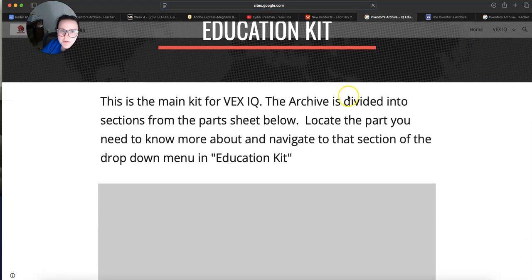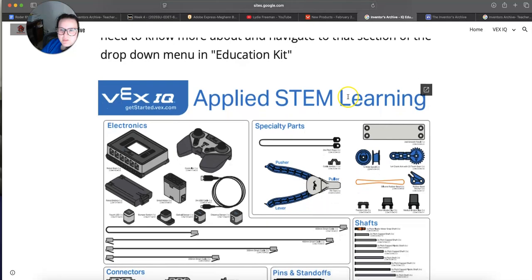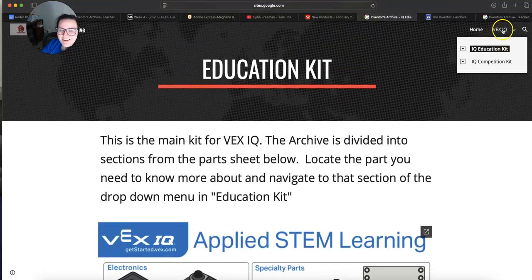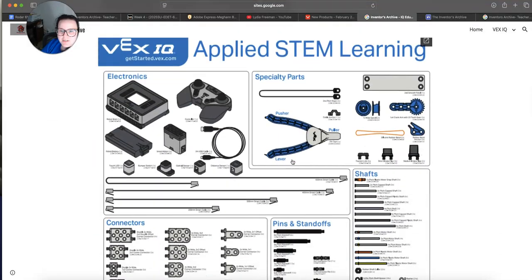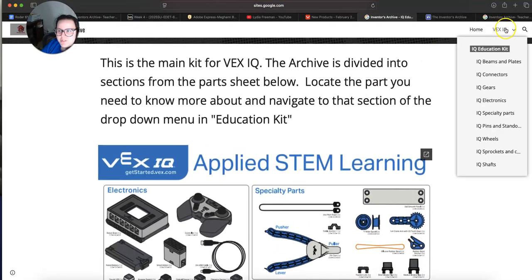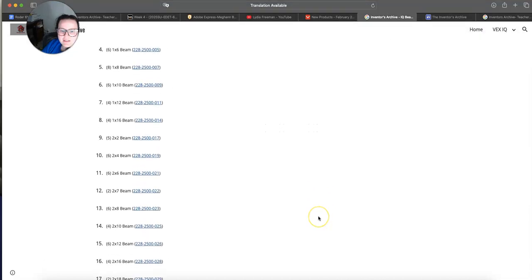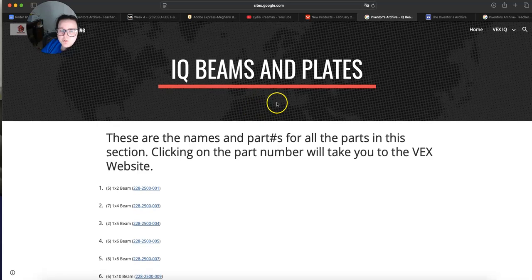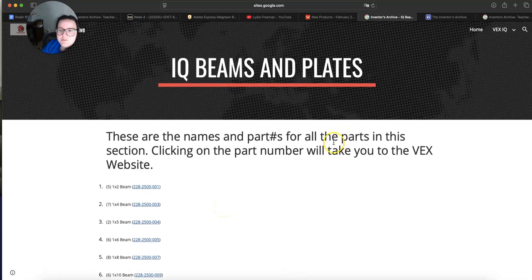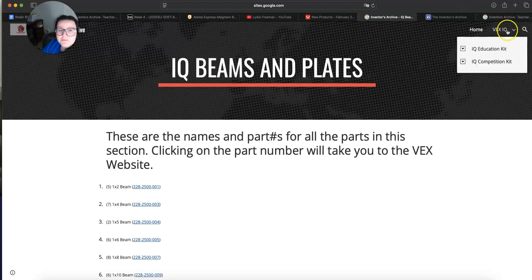If you come over here to the home page of the education kit, I'm going to show you today how to create the second tab, and then all of these awesome little sub pages. So right now I have my home page information, and then my students can click over here on the specific page that they need to go to. Later this week, videos will be uploaded into each of these sections with me talking about these parts. I was unfortunately unable to check out a kit this weekend because of some flash flooding we've had in the area. We did not have school on Friday,